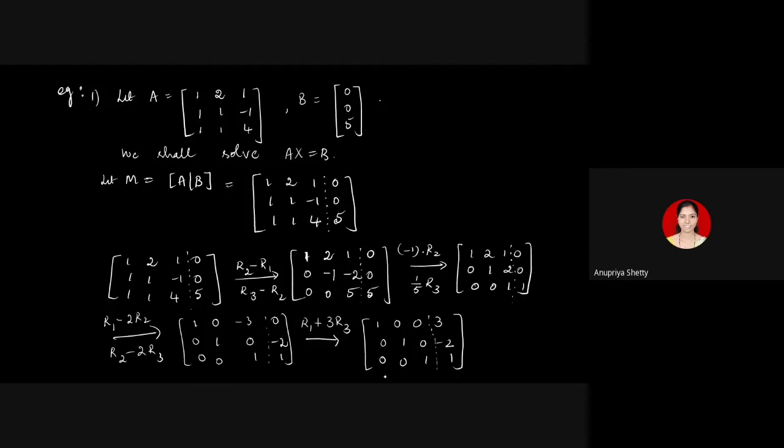Now we can solve the system. Now this matrix is A dash and the last column is B dash. We were asked to solve Ax equal to B. Now it's enough if you solve A dash x equal to B dash. Just look at what is A dash. The new system A dash x equal to B dash is, if you look at A dash, you see that A dash is identity, right?